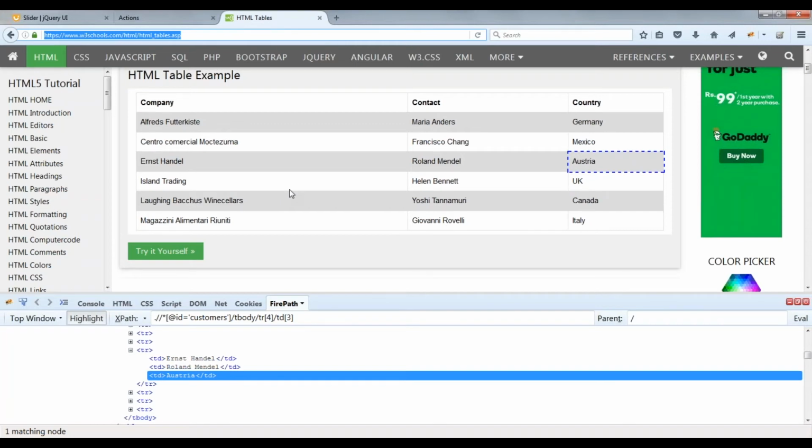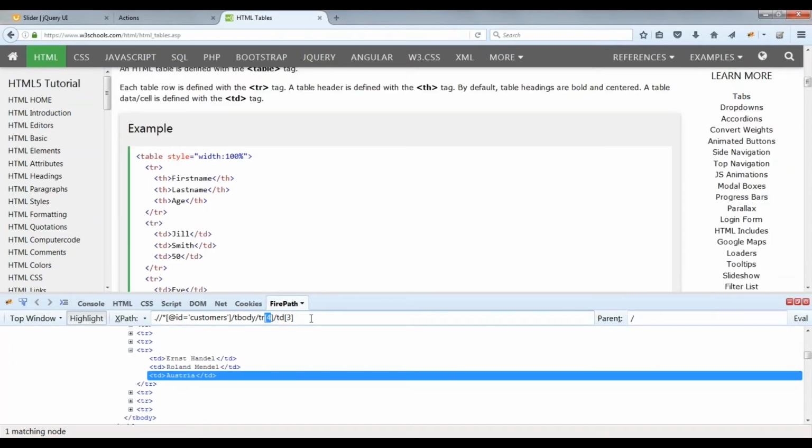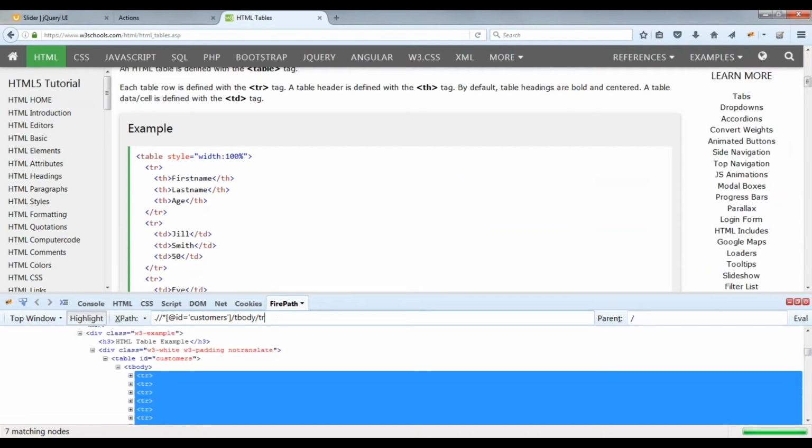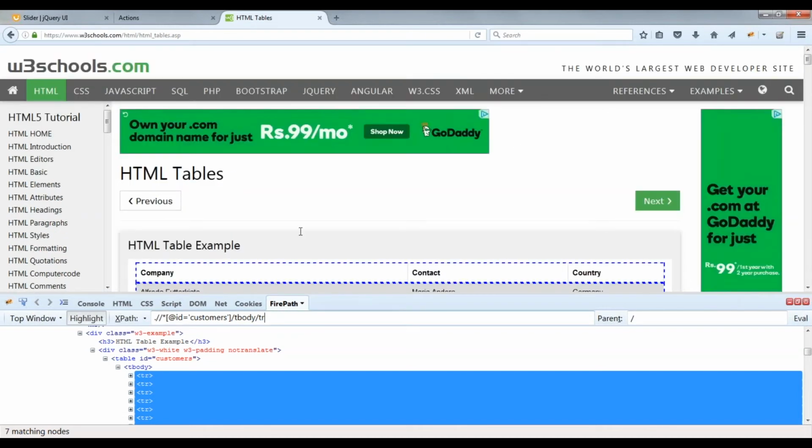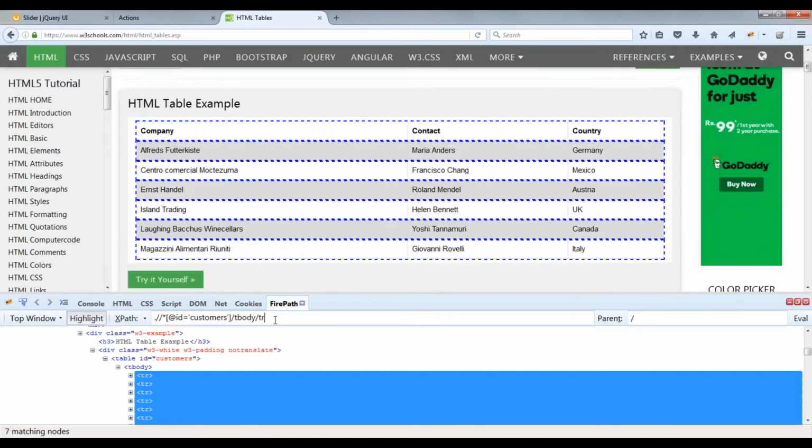Okay, so how will you get the number of rows and number of columns? If I take this XPath up to here, it will give me all the rows which are available, right? So what I can do is use find elements. Is it the right way? Can I use find elements and then use the size method to identify the number of rows?